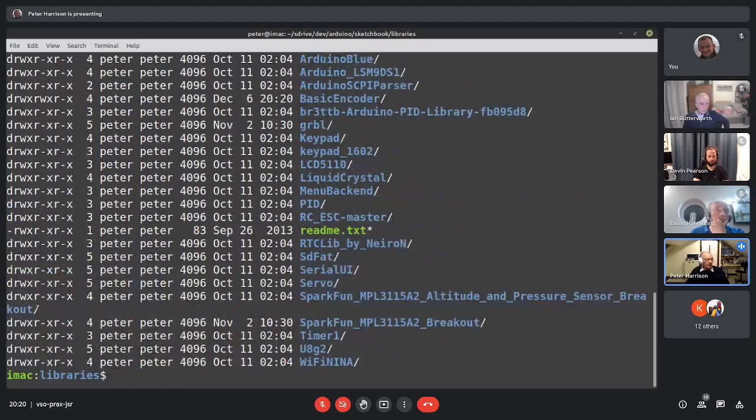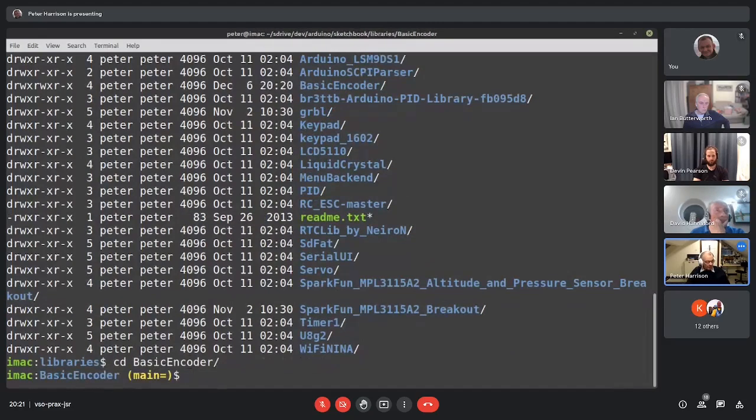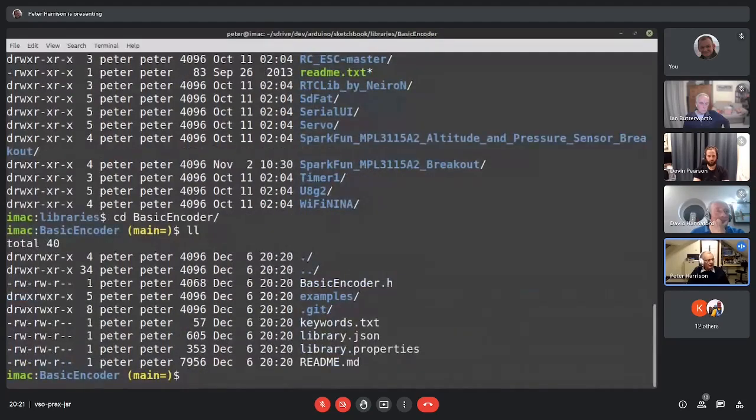That's downloaded everything from GitHub. And now I have up here, if you can see my cursor, you probably can't, but you'll see towards the top of the screen, December the 6th, I've made a copy of the basic encoder repository. And if I have a look in there, my prompt changes. And this reminder at the bottom tells me that I have a Git repository. And if I have a look inside that folder, I have all the files that I would expect to see,